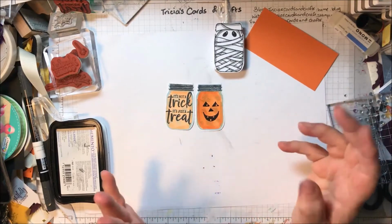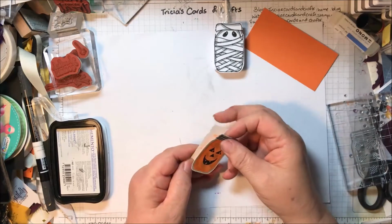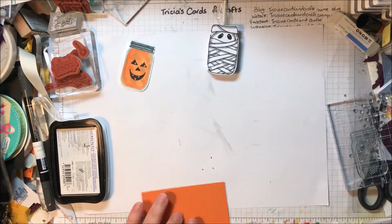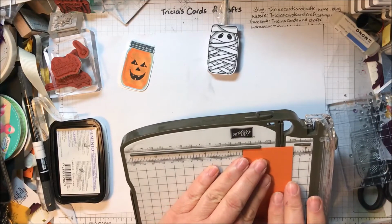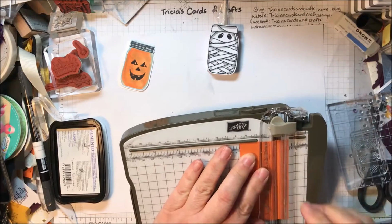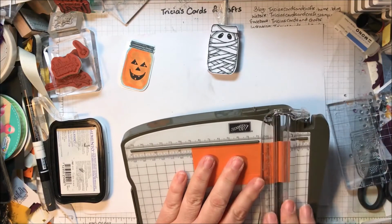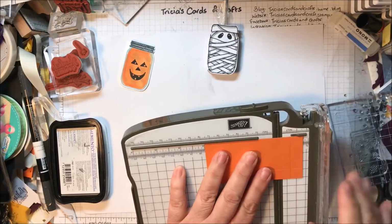You can choose what you want to do with it, and then I'm going to make the little box for the lollipop to go in. So we need to score, and we're going to score at 1/2 inch on the short side, long side, short side, and then on the long side we're going to score at 1/2 inch and 1 inch,